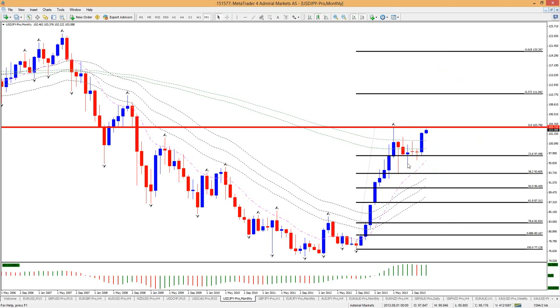Very interesting. Before we get all too bullish though, we are right in front of a major resistance. 103.70 is a major resistance, and price is right in front of that. So we still have to be careful. That could cause the currency to at least pause, if not even retrace a bit. And who knows, if we don't break it this month, the top may even reverse back to 90.50, this 50 fib, because we stopped at the 38.2. If we don't break this top, then the next fib is the 50.